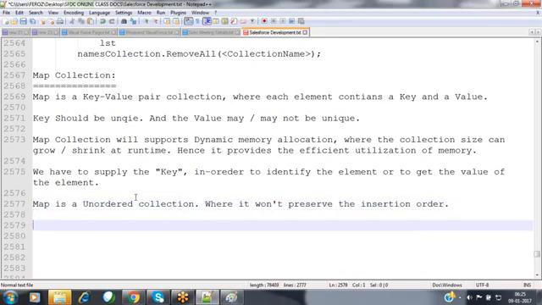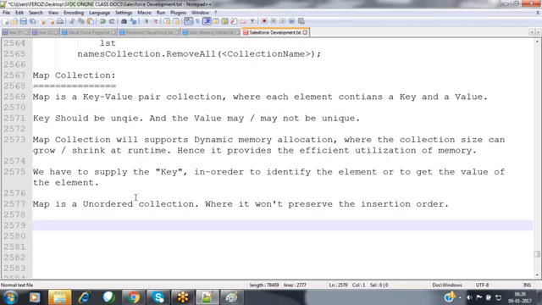Nothing but the elements will not be available in the same order in which you have inserted them. The elements will be in a jumbled order based on that key. Based on the key, it arranges the elements inside that collection in sorting order by default.